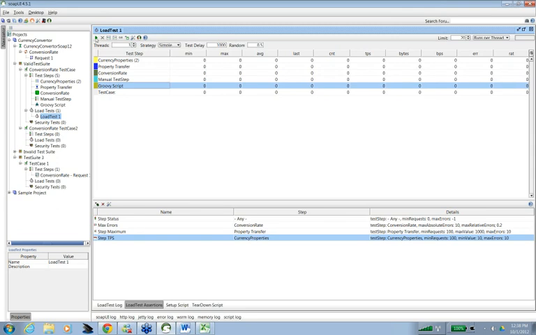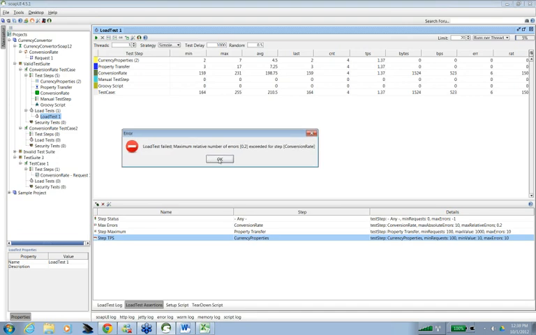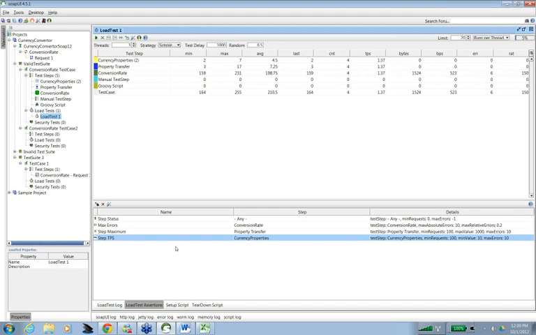Okay, so once you are done with this, you can run the test. Start the test, and you see it says one of the assertions has failed, so it has just stopped. It has automatically run for 20 users, and you can see the minimum, maximum and average of all these tests.